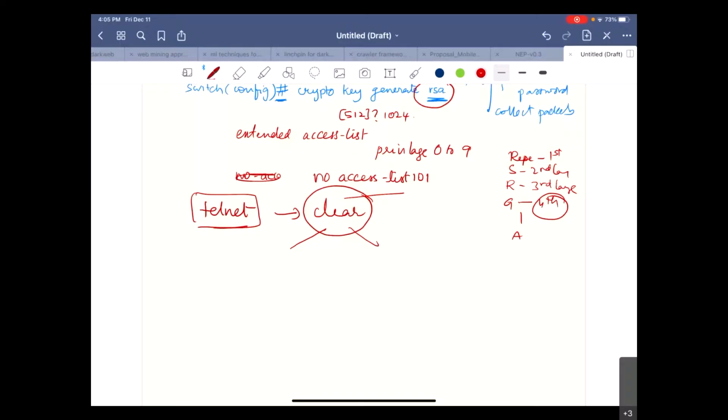Similarly, disable the SNMP server. SNMP is again a protocol, Simple Network Management Protocol, where you use it majorly for network monitoring, like a ping command.